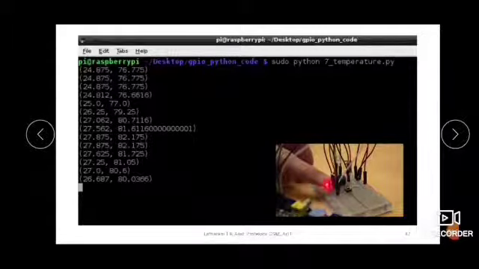See, when a finger is kept near the temperature sensor, it slightly increases the temperature. You can notice that here, right? It is initially on average 76, 77 up to 79, but when the finger is kept near the temperature sensor, the temperature increases a little. You can notice that in these readings.